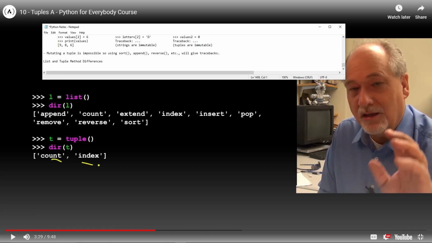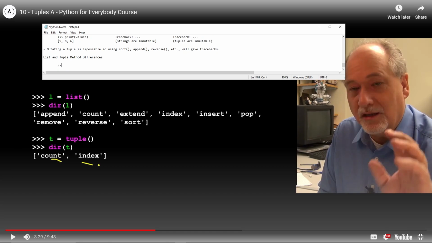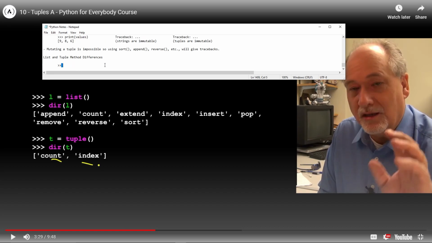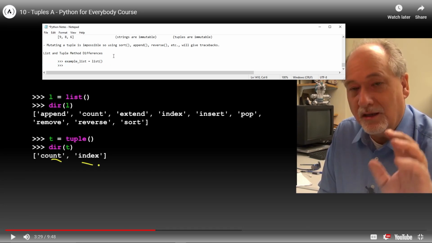Let's go down here and start with the first one. We're going to say example list equals list, the list constructor, right? And then if we do dir on this,